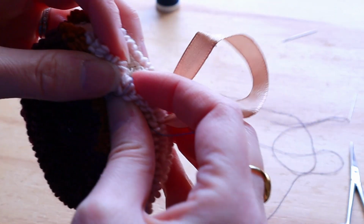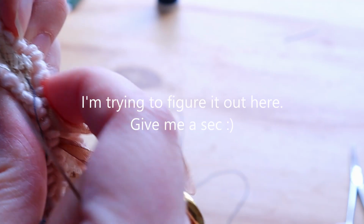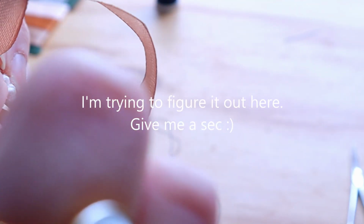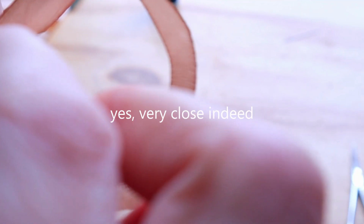So, and this is going to be the difficult part. So I want to make sure we don't really see any of the fabric here. So I'm just going to go as close. Very close to the...